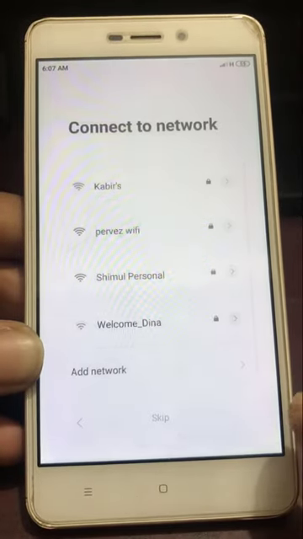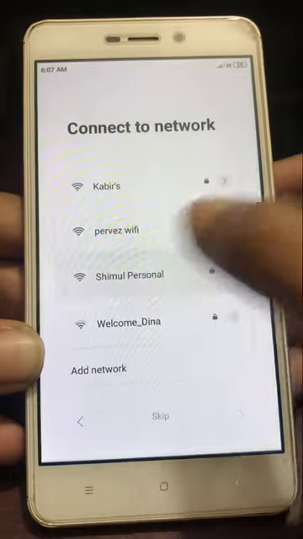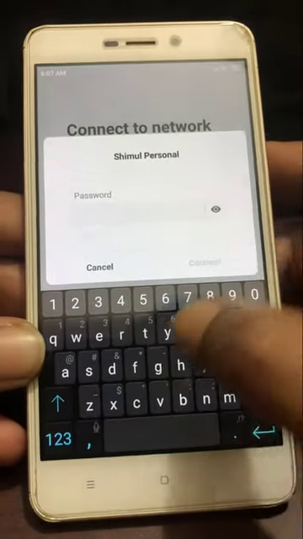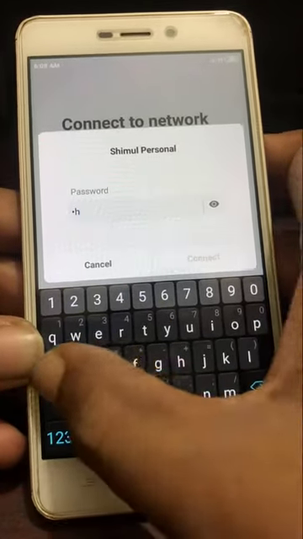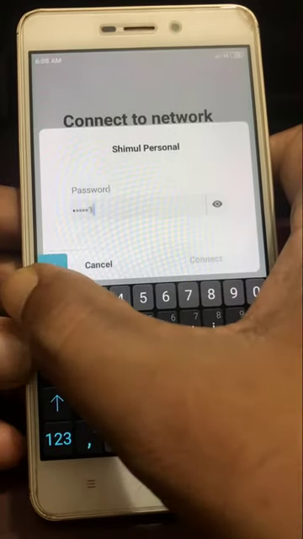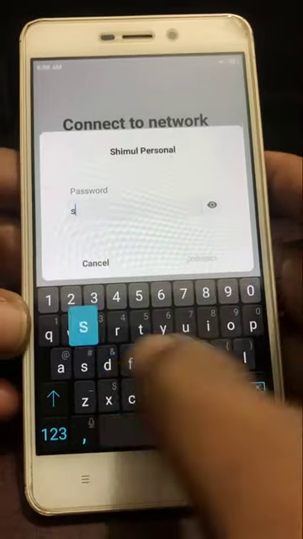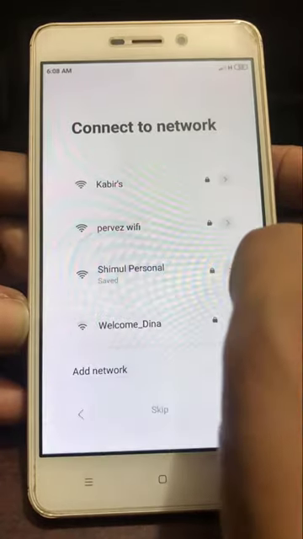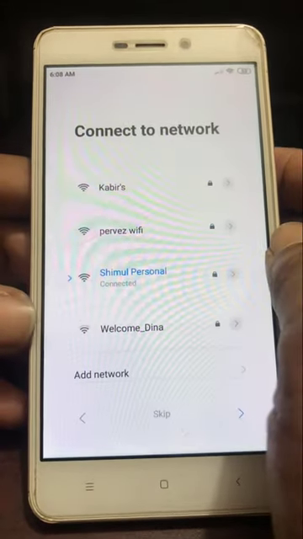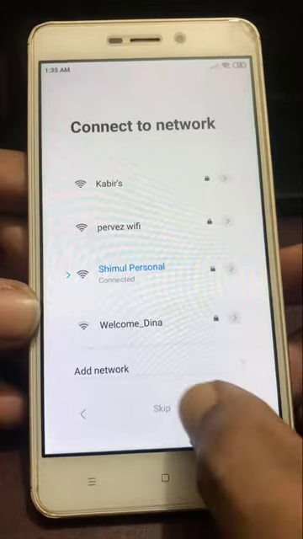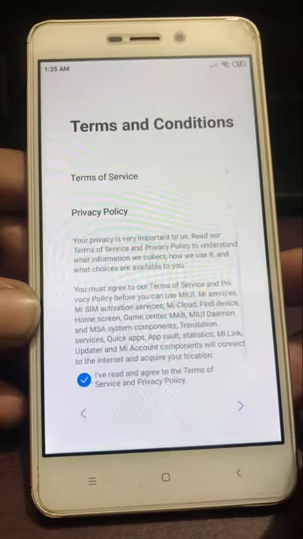Next, connect Wi-Fi. Wi-Fi connected. Next,